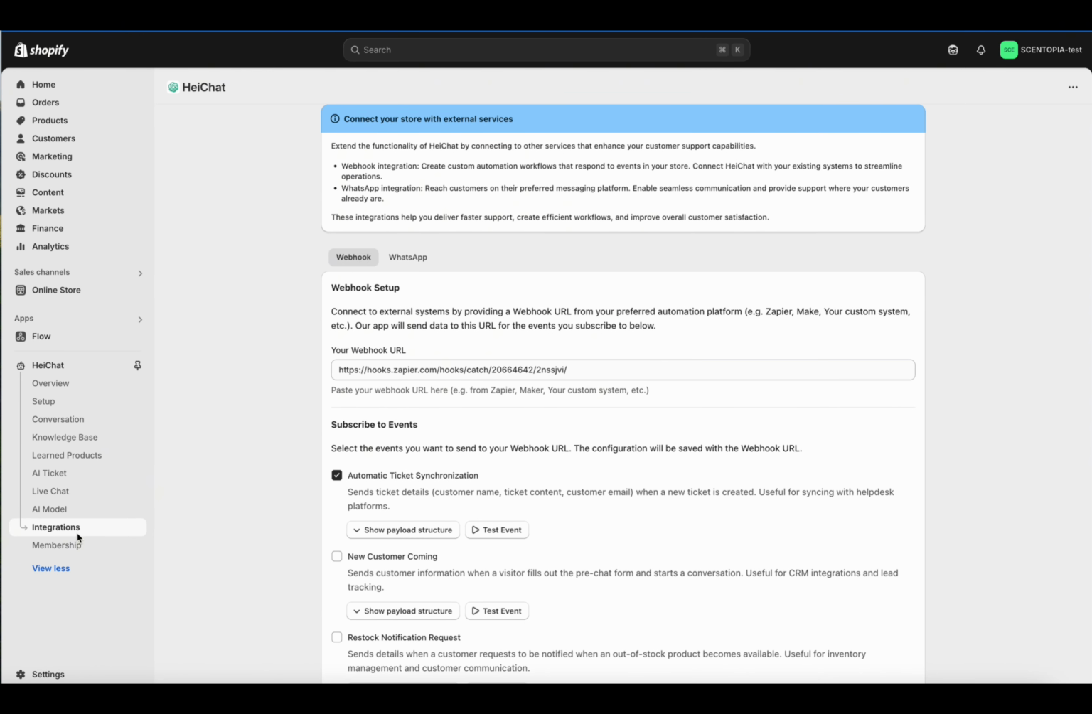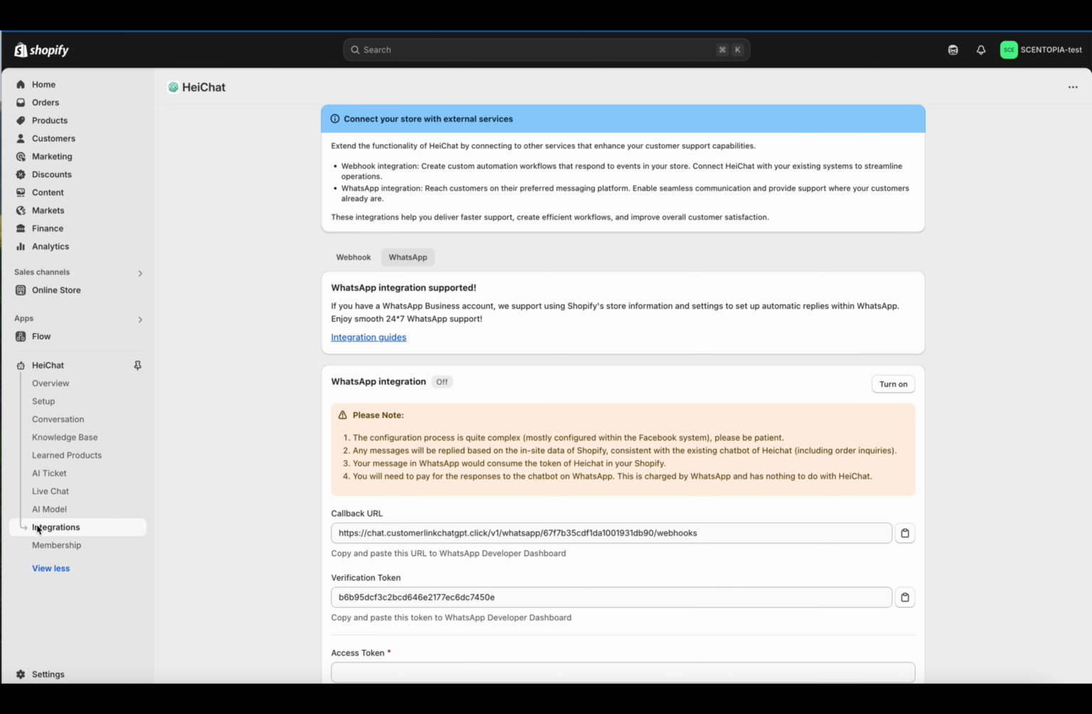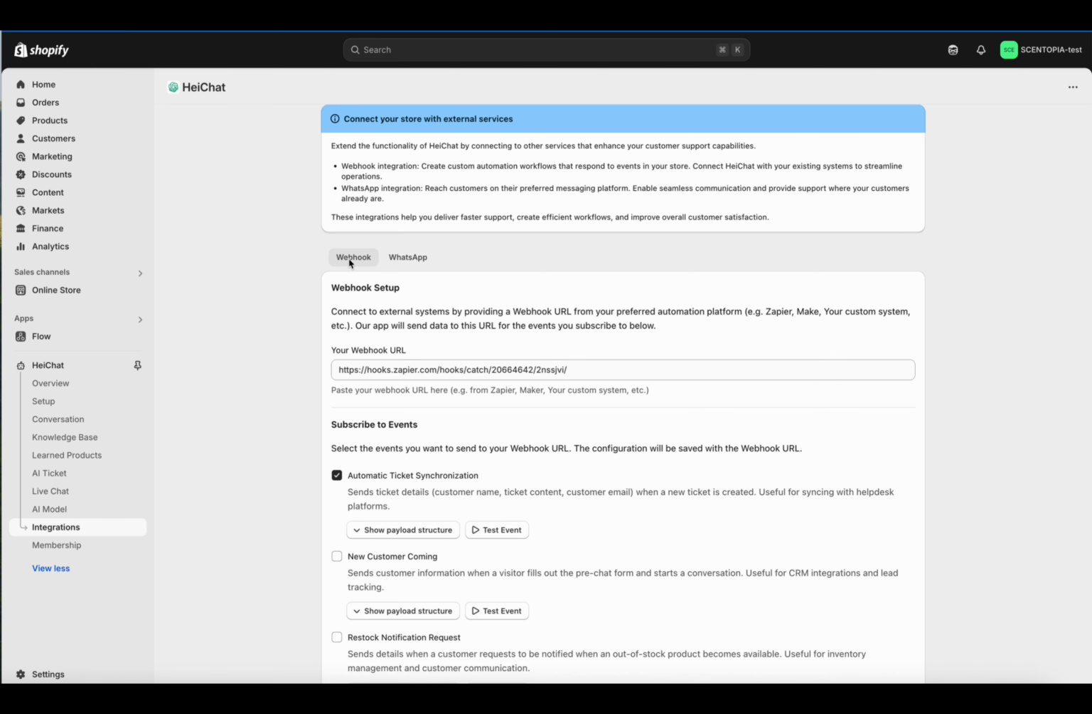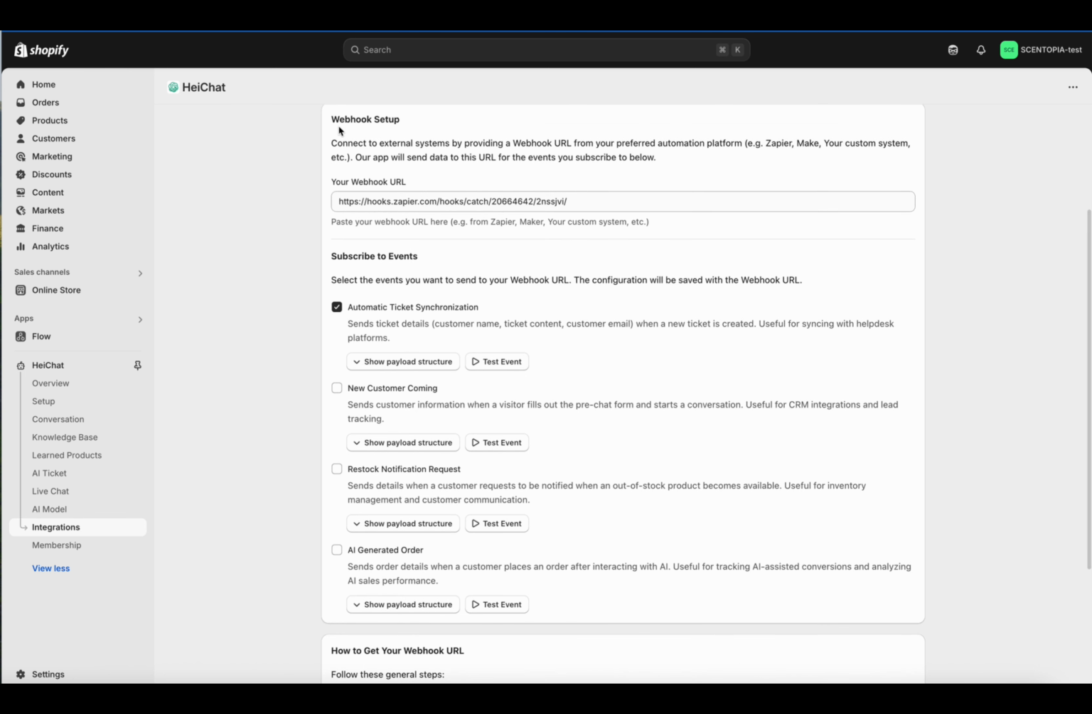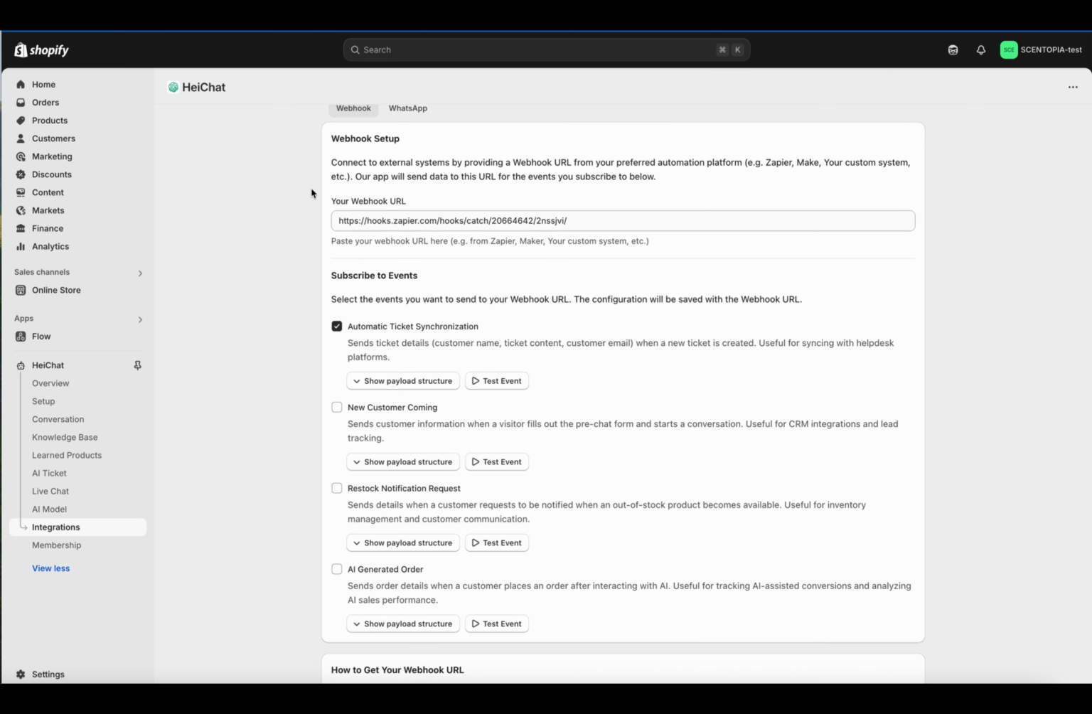I'm going to introduce the new integration functionality of HeiChat. Previously, in this area, integration was WhatsApp, and we have now moved the WhatsApp menu into this section. Then we added this webhook. Through integration webhook connection, you can directly report events generated by HeiChat via webhook to any platform, such as these